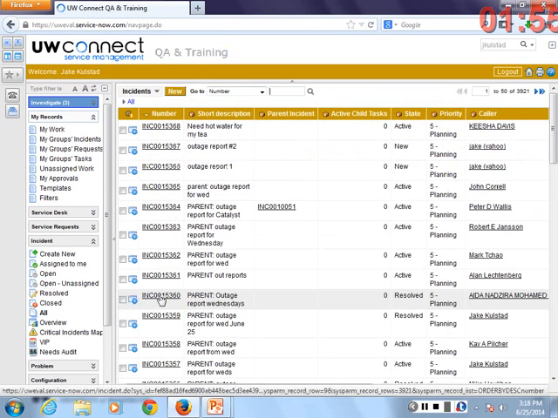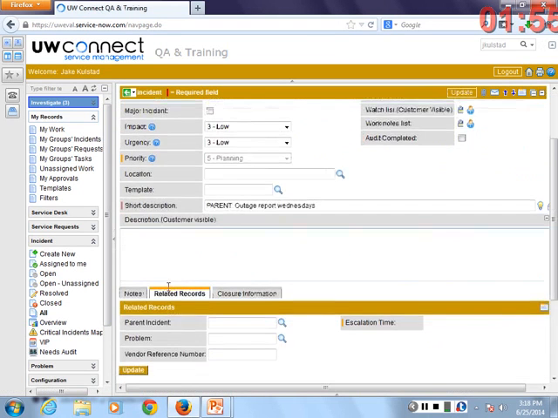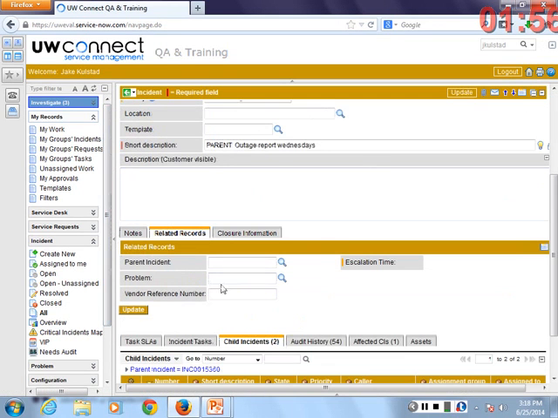The other way is to copy the problem number. And I could go down, and let's say I found an old incident. And I click on it. I'm just going to go grab someone's. Under the Related Records tab, right next to Parent Incident, which I already showed you, I could paste in a problem. And by doing that, I will associate with a problem, and it'll be tracked over time. That make sense? Overall, the concept is quite simple.